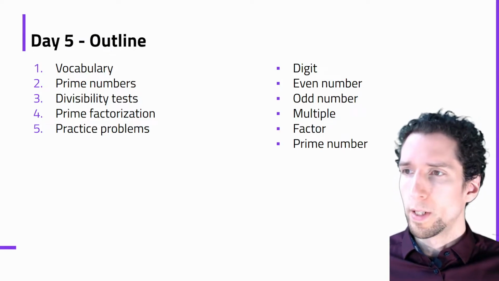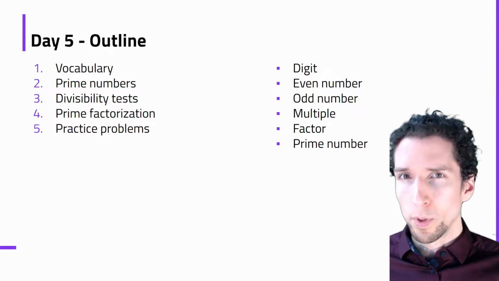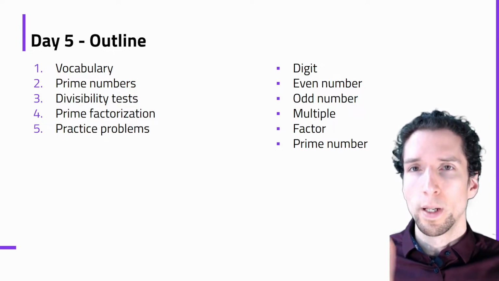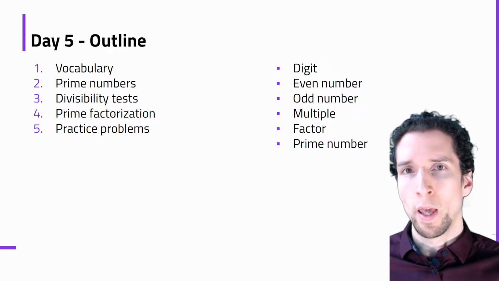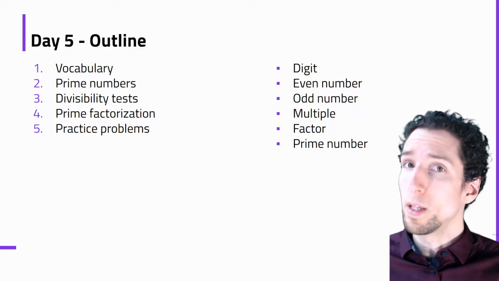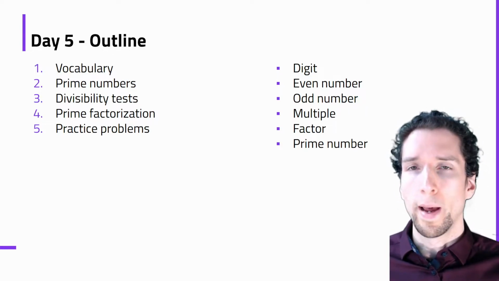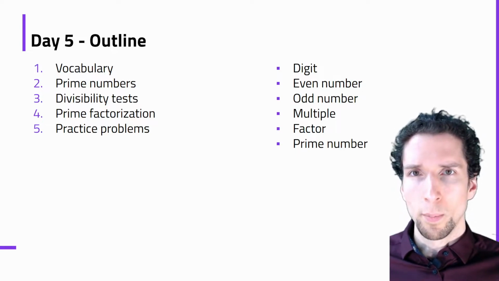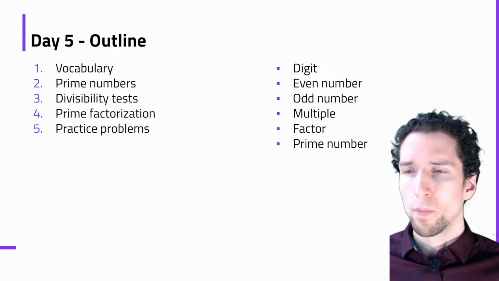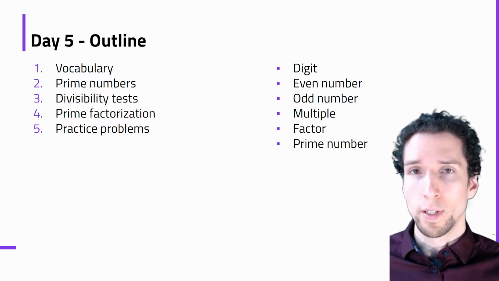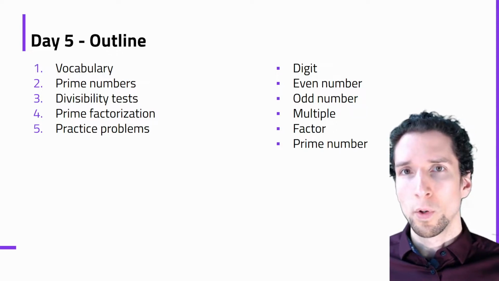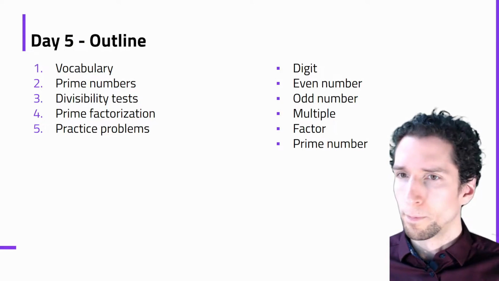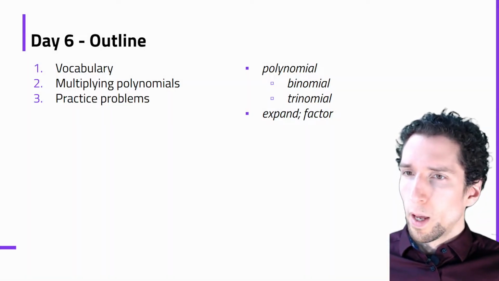So in the previous day we talked about prime numbers and divisibility tests and how to easily split a number up into its factors and how to recognize if it is possible to be factored by some lower, smaller numbers. And then we put that prime factorization method to use to find, for example, the least common multiple or the greatest common factor of a pair of numbers. All right, for today,